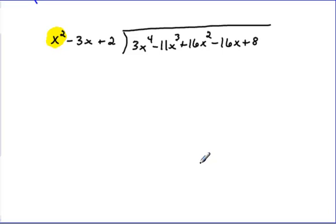Okay, x squared goes into 3x to the 4th. So we have, let's see, 1 times what gives me 3? 3. X squared, how many x's are we missing? Okay, now let's take it back. 3x squared times x squared gives me 3x to the 4th, right? Now take it to the next piece. 3x squared times 3x gives me negative 9x cubed. 3x squared times 2 gives me,